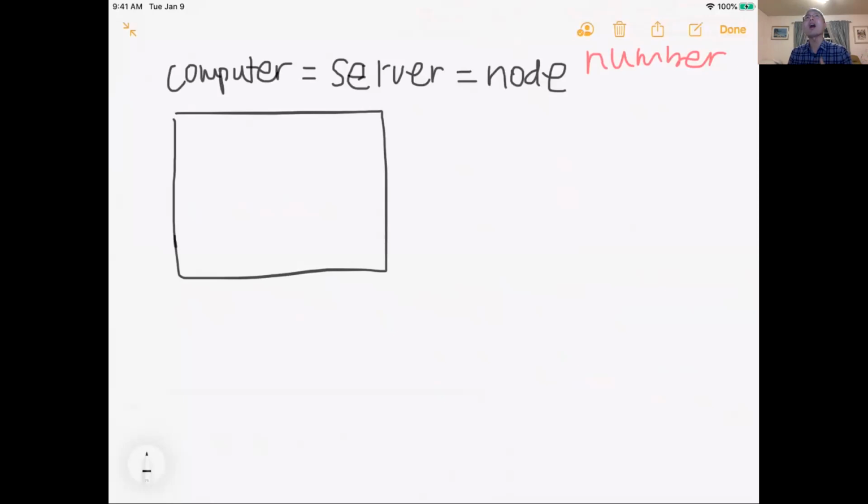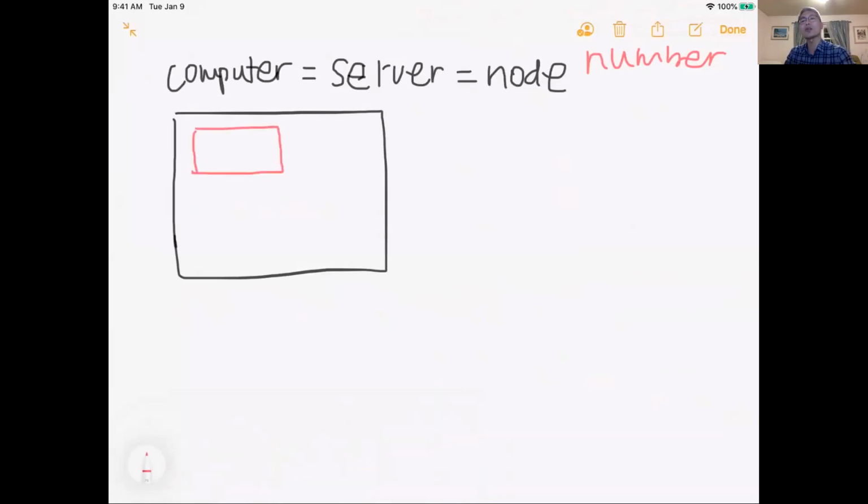Then how is the computer organized? What is really inside the computer? When we say computer from now on, it's an electronic device. So what is inside such a computer? The first thing we can imagine is